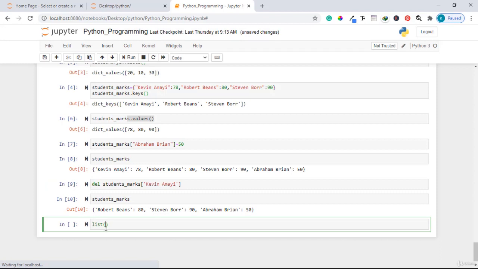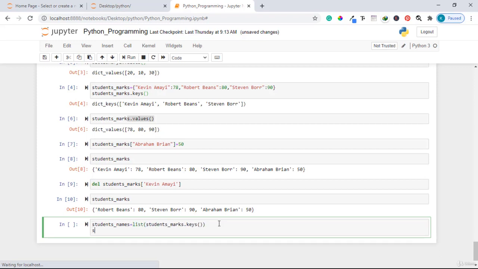The only thing I'm required to do, I can just do list. This is a function for creating a list. Then I can pass in students_marks.keys. These are the keys that contain the name. So I can just do like this. Let us say maybe I store this in a variable known as student_names. Let me just print the student names